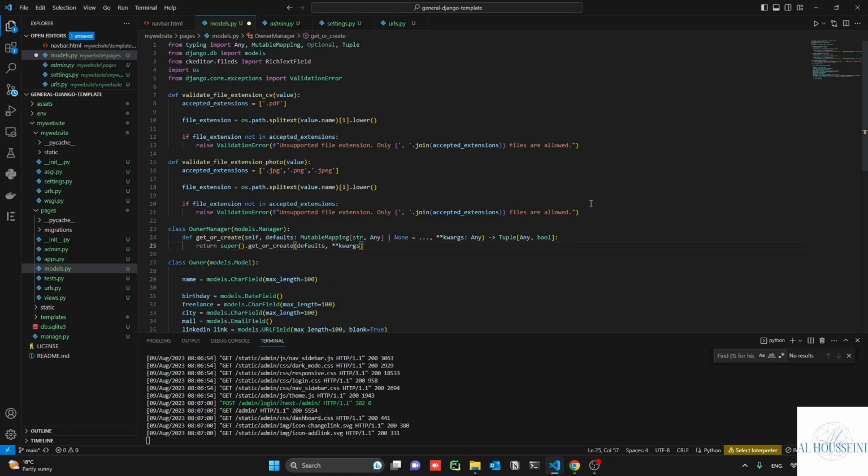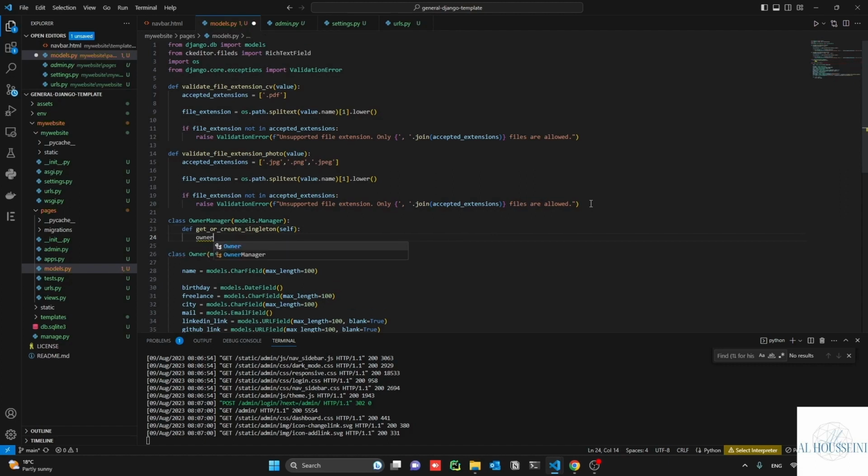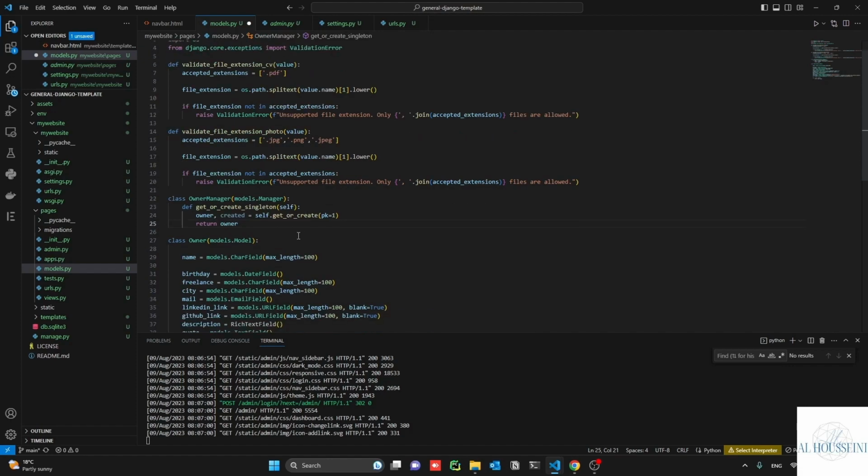So I will define a function called def get_or_create_singleton, that takes self, and I will say owner, created is equal to self.get_or_create(pk=1), and now I will say return owner. That's it. Okay, fine. Next step is just go back to the class here, and let me call